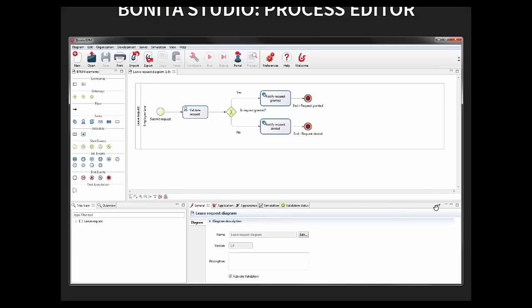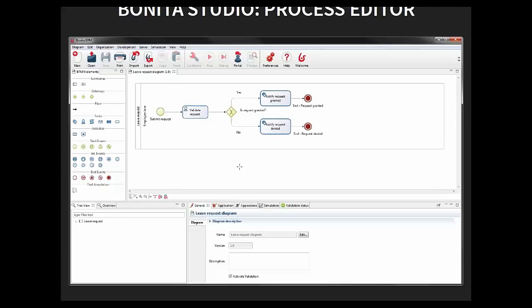Here is a snapshot of the Studio. If you have it already downloaded, maybe you've opened it already, and maybe you saw this specific view when you build a diagram. What we call a diagram is basically a set of processes that we can define. When you define a diagram, most of the time you will have this whiteboard in the center, where you will be able to drag and drop things to build your process on this board. And then when you select things, you will be able to access properties directly from the bottom of the screen here.